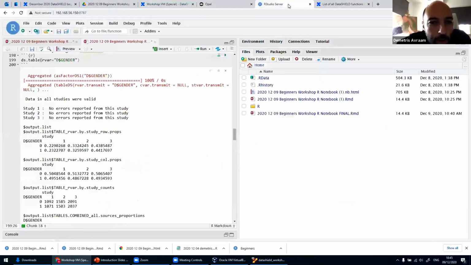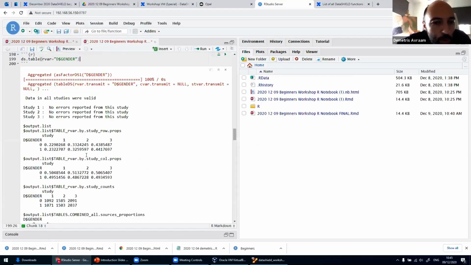Okay, let's go back. So this is a one-dimensional table, and we have the observations per category in this categorical variable per study. Now we can do a similar thing